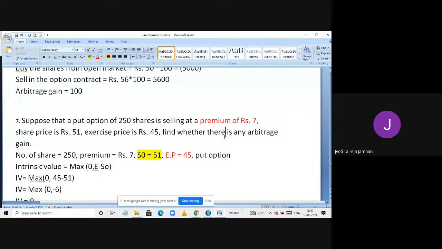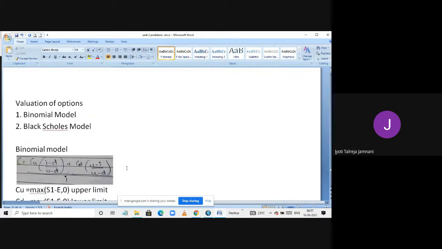But there is a method of calculating it. So even if it is decided by somebody, depending upon the market demand and supply, we can still calculate it and find out that the premium is high or low, the option is undervalued or overvalued. So by valuation of options, I mean that we are going to find the option price or option premium. It is known as price or premium.